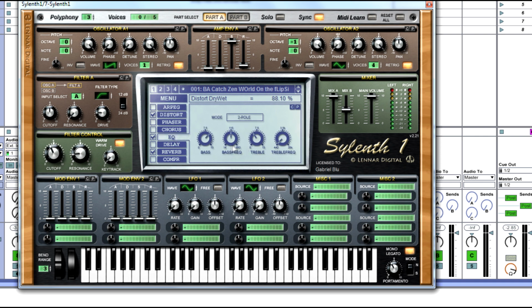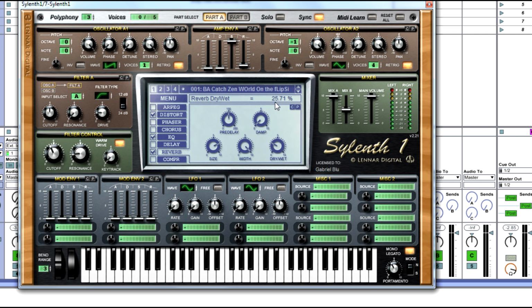We're going to go into the EQ, and we're going to put a 2-pole type EQ. Our bass is going to be turned up from 7.5 to 9.71 dB, so you want to turn that up. We're going to leave the bass frequency by default there. Our EQ treble is going to be lowered to 5.57 dB, and our treble frequency is going to be lowered to 440. All right, so once we have that, we're just going to add a little bit of reverb, 25.71%